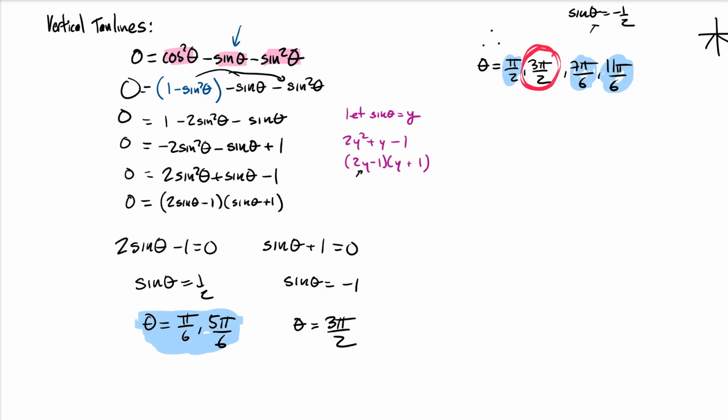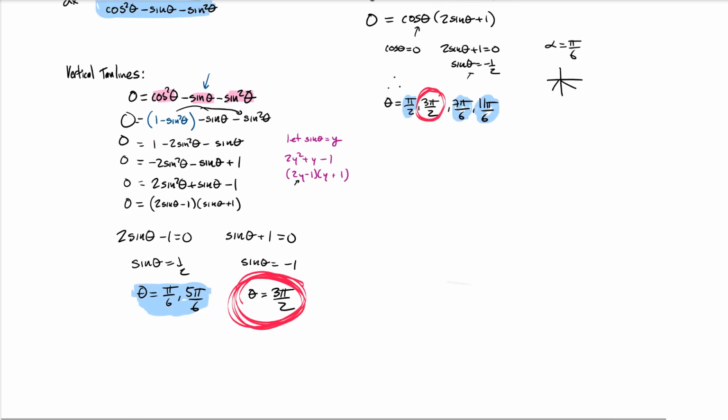But wait a second. We got this silly 3 pi over 2. Dang it. We found that it's also equal to 0. We found the numerator that equals 0 and the denominator equals 0. Wait a second, isn't that something called